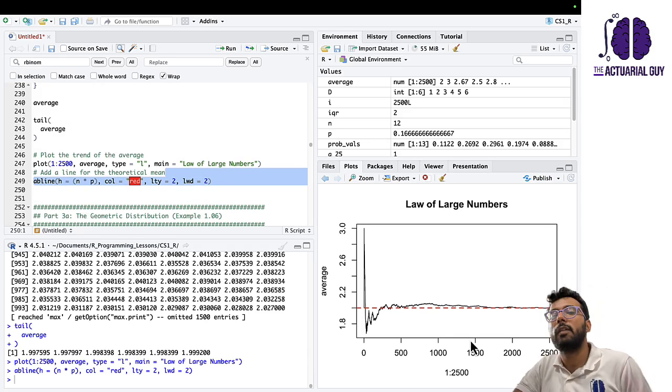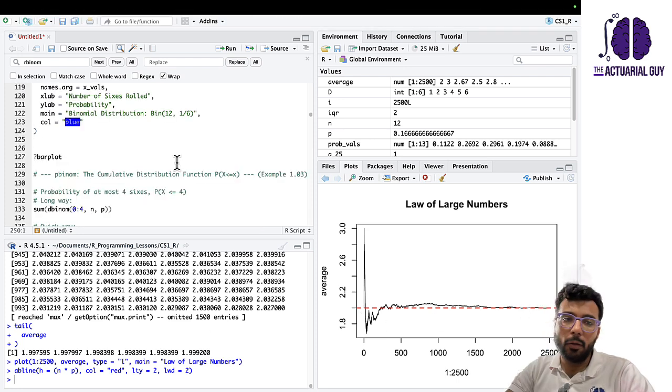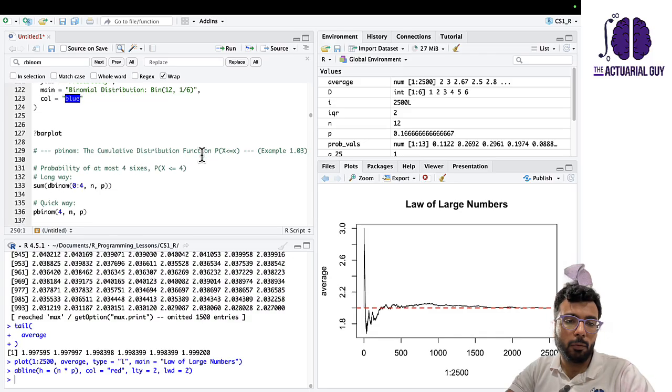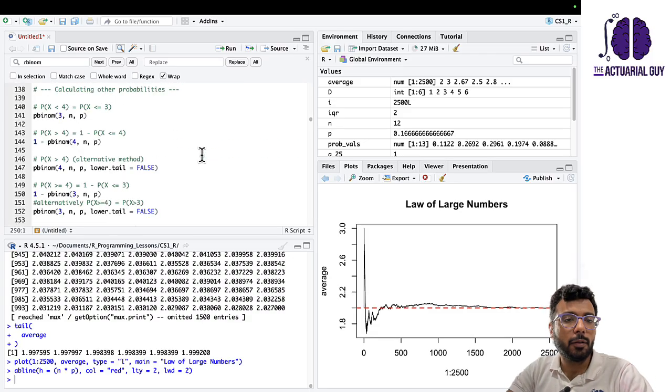So this shows your law of large numbers: when you take a large number of simulations, the mean converges to the theoretical mean. Okay, so this is something I wanted to show. Now this was all on the binomial distribution, but we have a bunch of other distributions